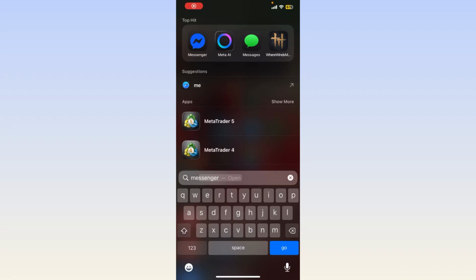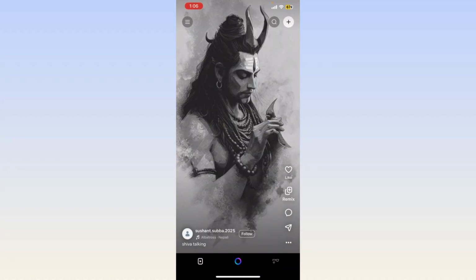How to remove an object from images in Meta AI app. So first things first, let's open the Meta AI app, and once you open it, you can see there is